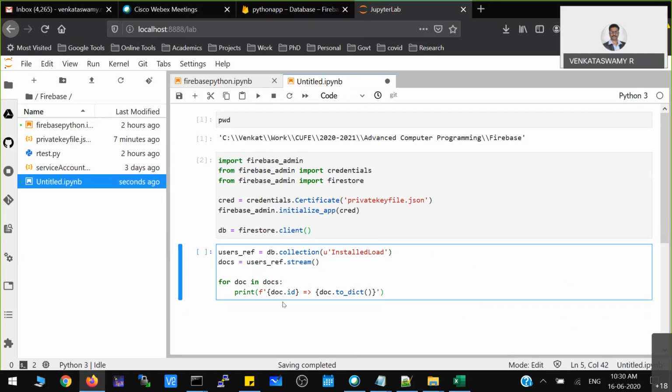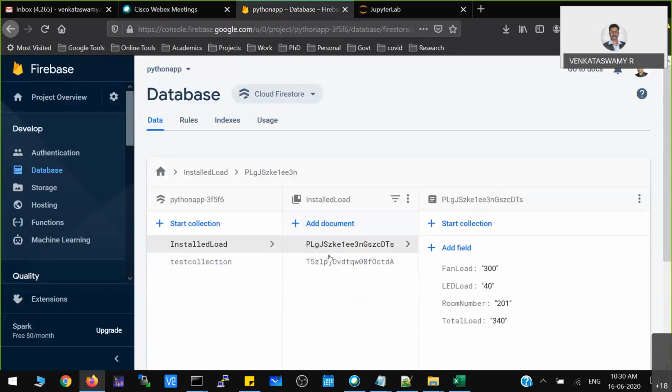Then you want to see the entire record. You may not have just one record; you may have to traverse through the entire document ID. For example, in my database, I have two document IDs. Under each document ID, one record is there. I have to traverse all the records. So for that, you use a for loop.